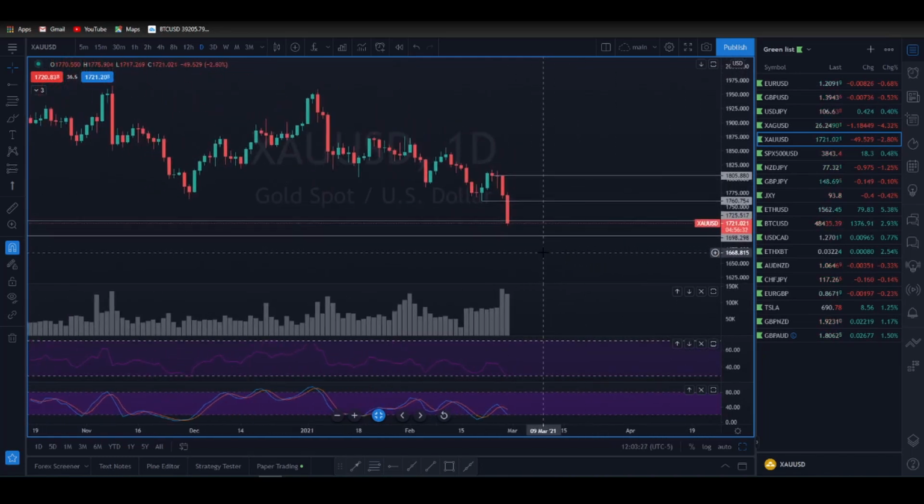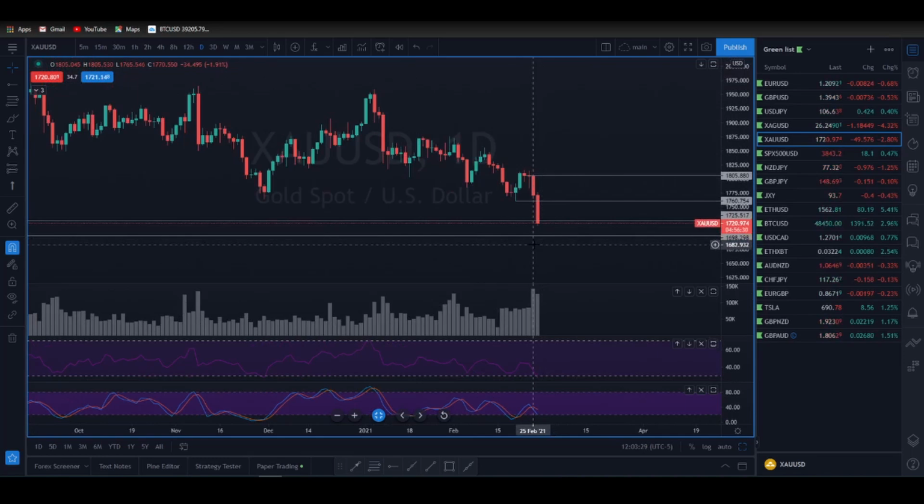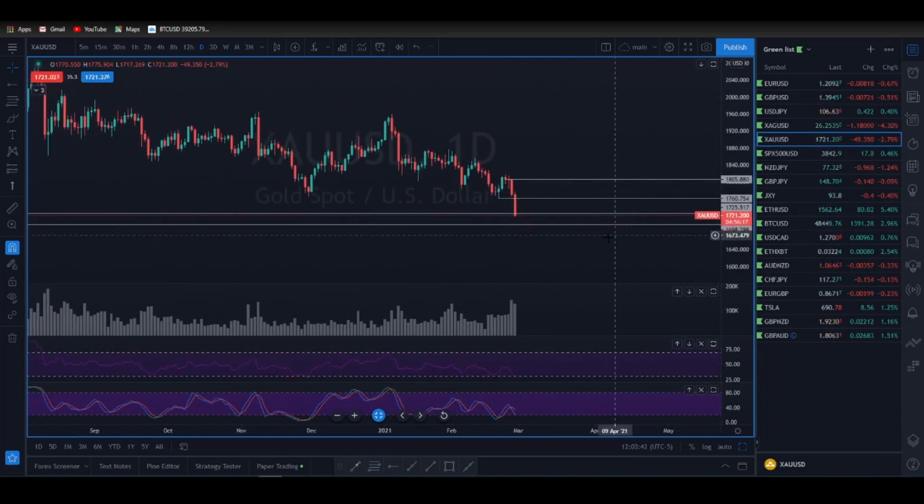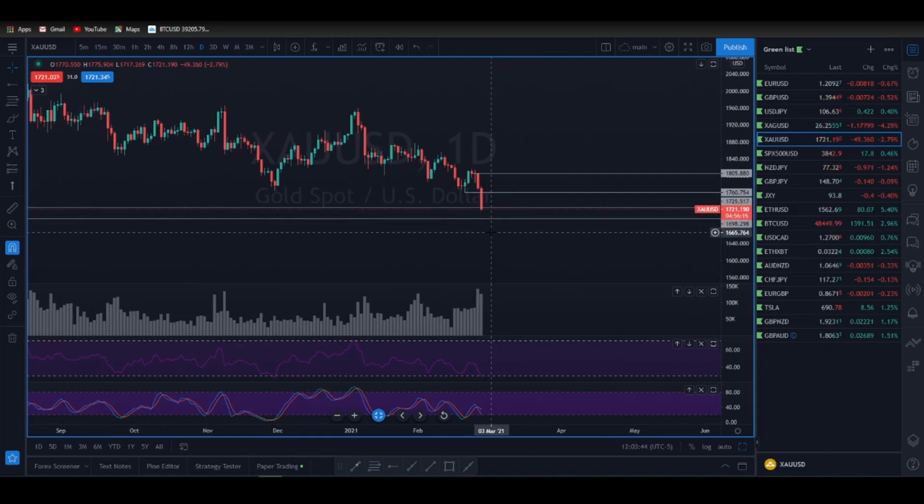I am no longer looking for short positions for the next couple weeks on gold, as this will take a little bit of time to play out. I'm looking for rising volume. I'm looking for the oversold indicator to get even a little bit more oversold possibly, and then start to create that divergence. We could be seeing a near-term low put in on gold in the next week.